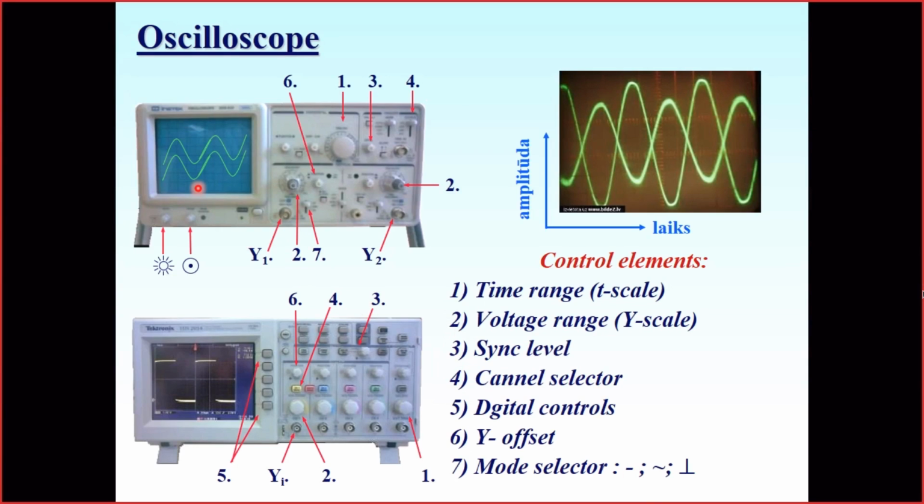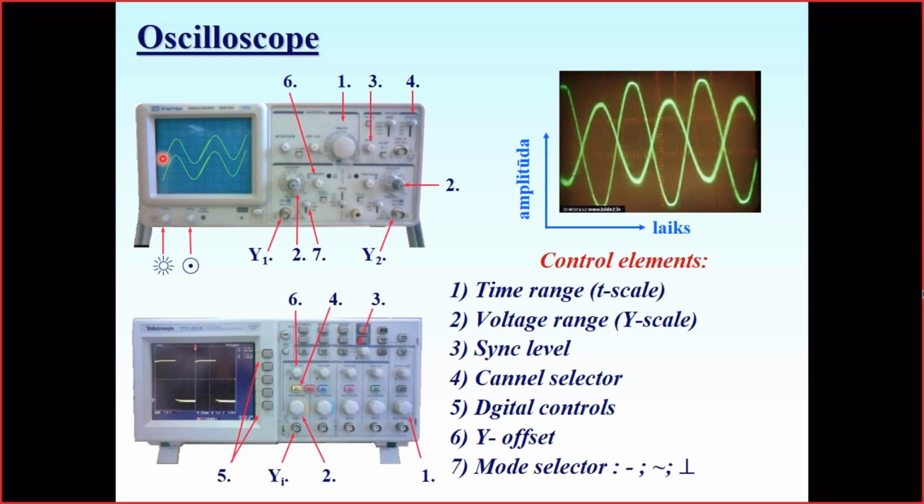So the one control that an oscilloscope usually has is the time range. By changing the time range, we actually change the speed of the sweep. Second is the voltage range, which is related to the internal amplifier. By changing the gain of the amplifier, we change the scale of the vertical direction, and this allows us to depict